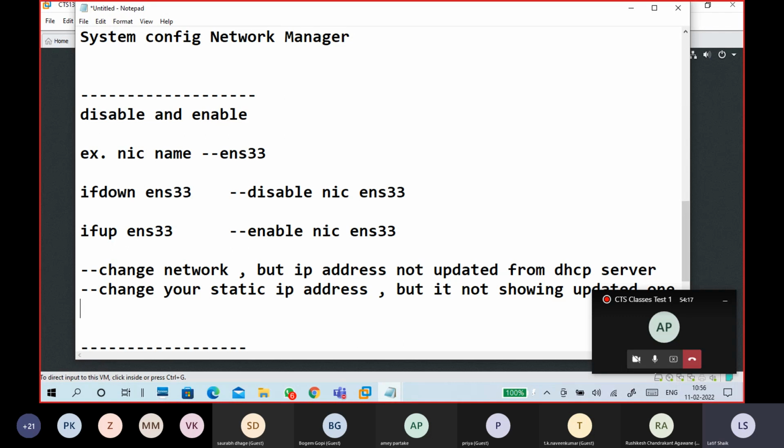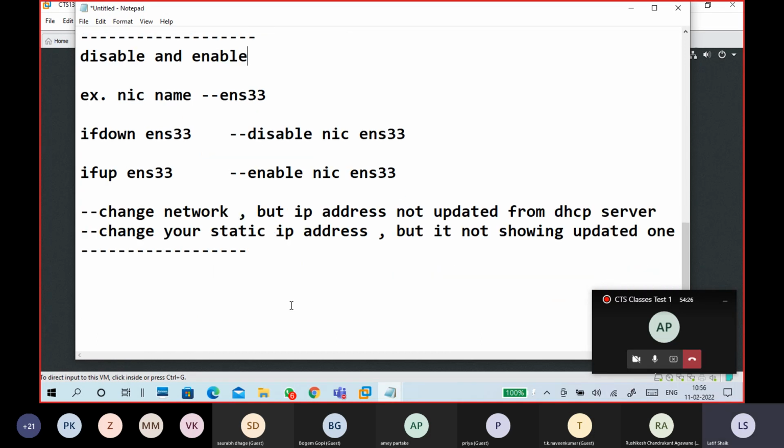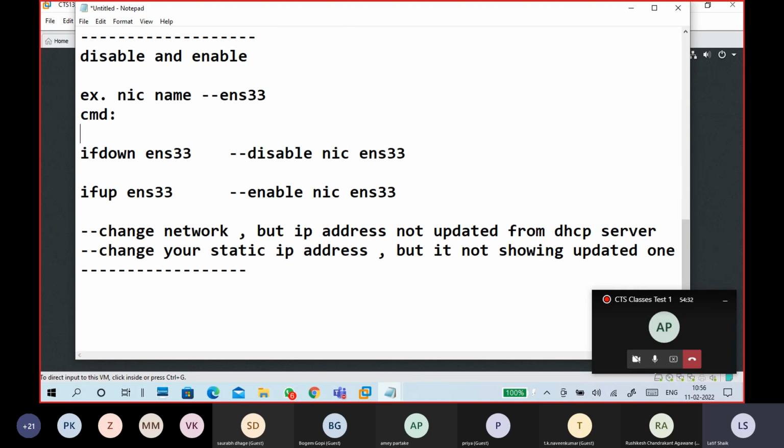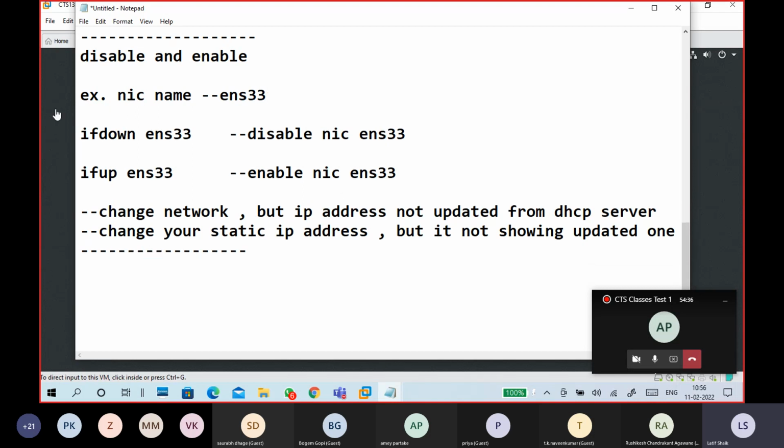In that situation also you should use this disable enable thing. In NMTUI also you can use it. This is the command line. You can do it. Both are commands only, so don't worry.